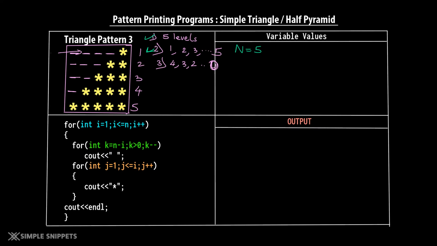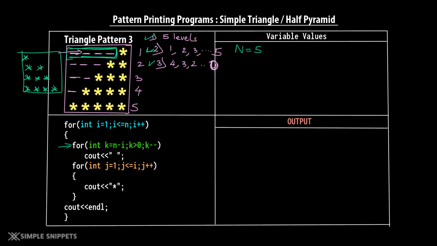And lastly, the new observation that we are making over here is that we are also concerned with the spaces now, because we don't want to print this pattern. That is, this triangle is something where the spaces are not involved. On a command prompt, there are no spaces. But over here, we want to deliberately add spaces first and then a star. So we also have to consider the addition of spaces. So this is where one more extra for loop is required, which is there in this code. We will check this out in a minute, which will first print 4 spaces and then print a star. Okay. So how will that happen?